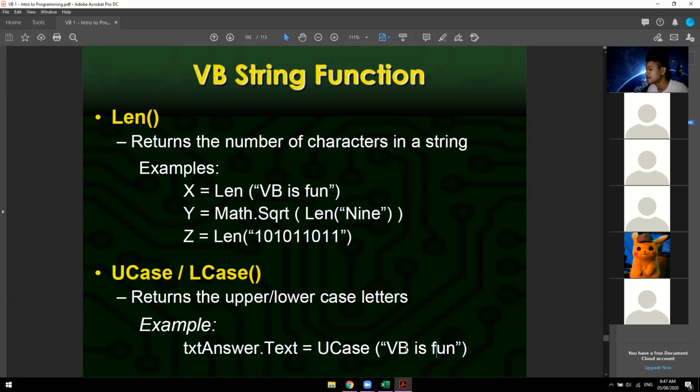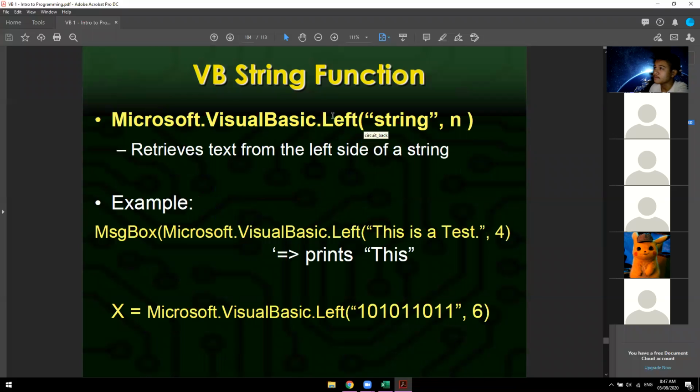Kapag L case naman, gagawin niya namang small letter itong V at P. Okay, ganun lang kasimple itong U case and then L case. Another VB string function is we have